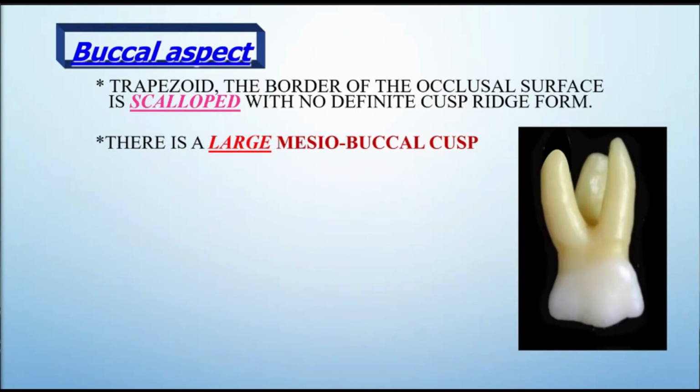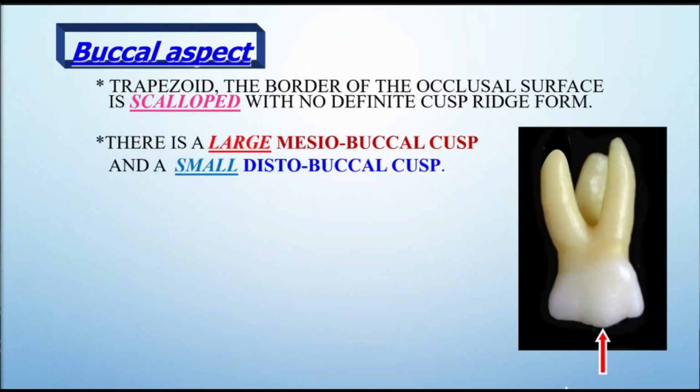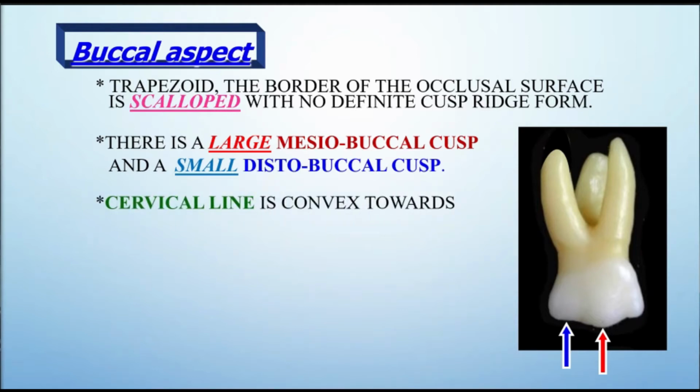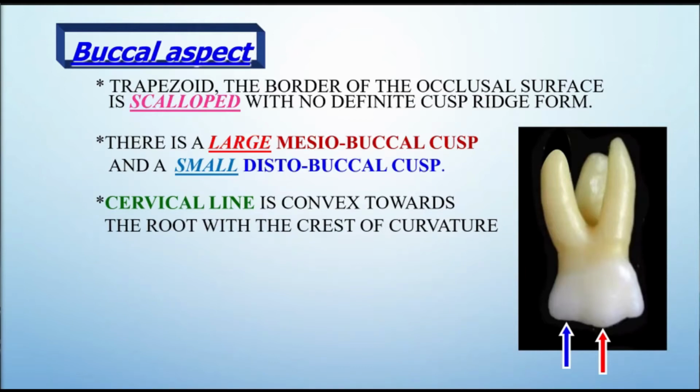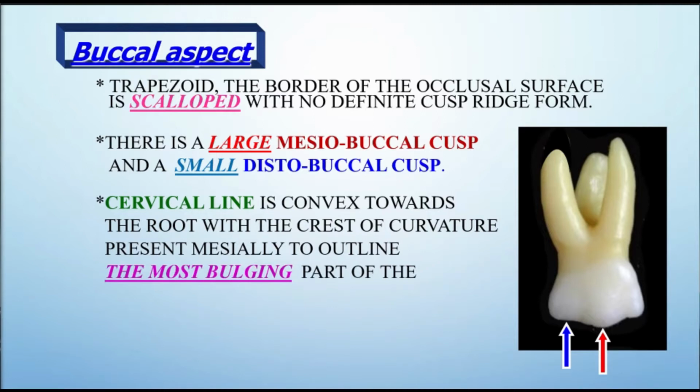There is a large mesiobuccal cusp and a small distobuccal cusp. The mesiobuccal cusp is very large. You see the red one, and the distobuccal cusp is very small among the 2 buccal cusps. The cervical line is convex towards the root, with the crest of curvature present mesially. The most bulging part is the cervical ridge. You see here, the cervical ridge goes upwards towards the root on the mesial side. The mesiobuccal cusp is here, on the mesial side,